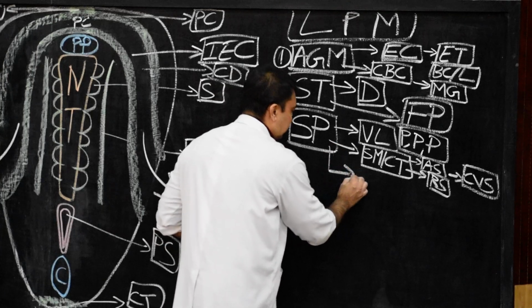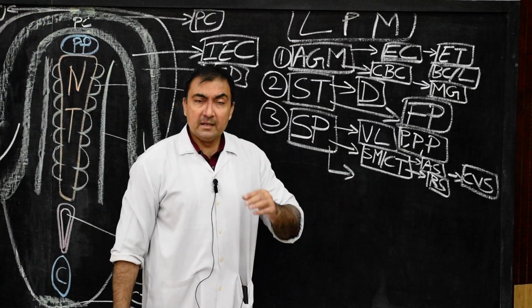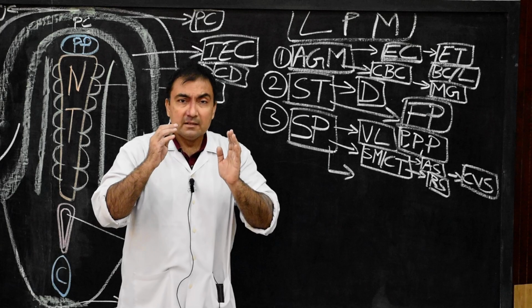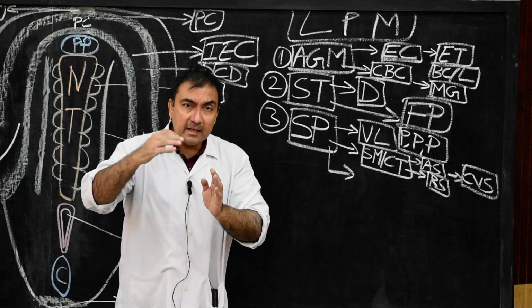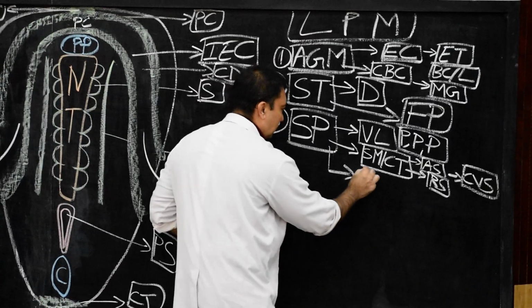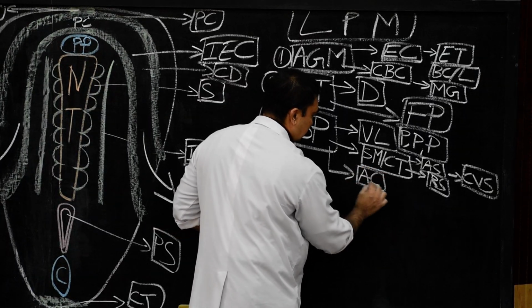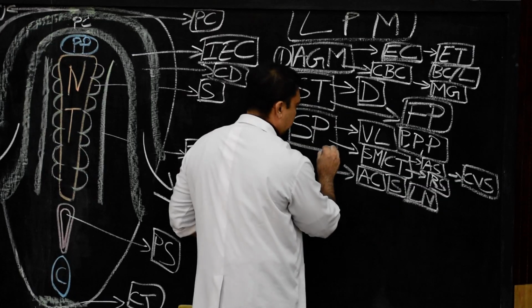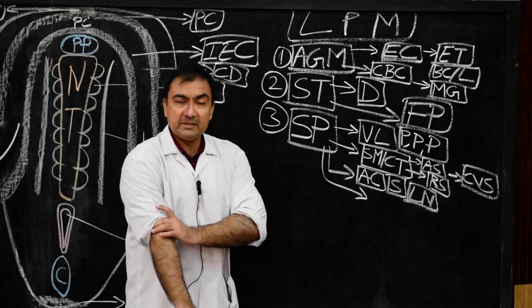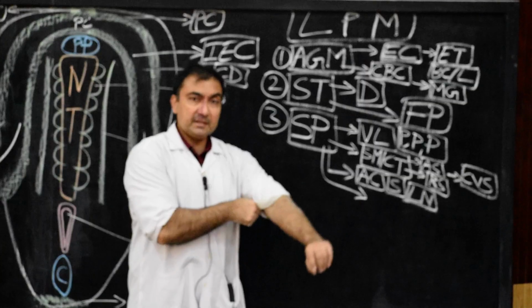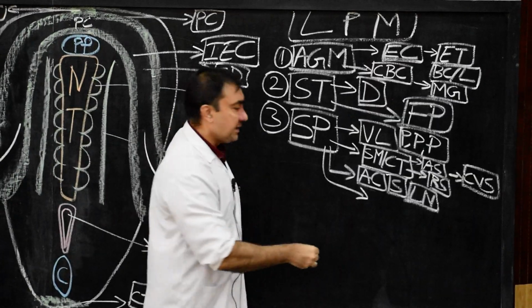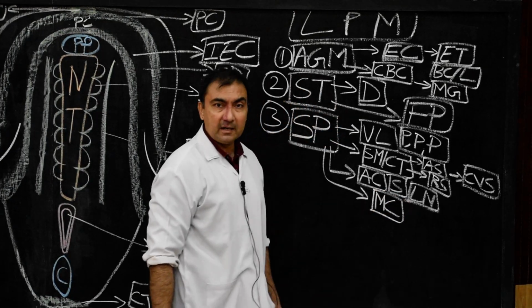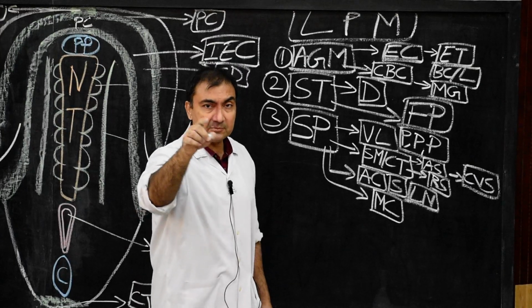And then it will also develop into the adrenal cortex and spleen and lymph nodes. So please note down adrenal cortex, then spleen and lymph nodes. And finally, this splanchnopleuric layer of lateral plate mesoderm will develop into, this is also asked in MCQ, the myocardium. Remember, myocardium of the heart, and also serous pericardium.